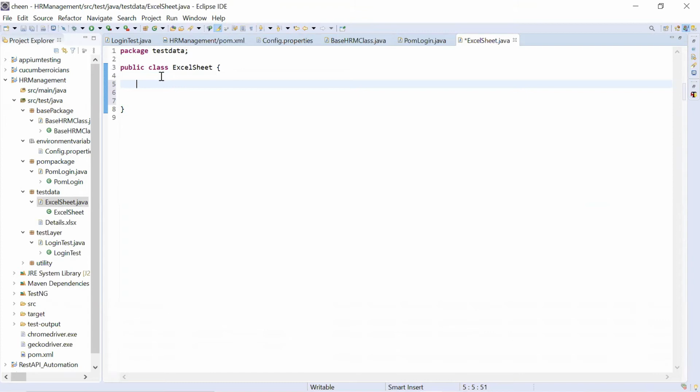So in this case, we will be creating object array because data which I'm going to fetch might be of different data types. Right, so I'm going to create an object array. Moreover, data provider also accepts object array. So first thing I'm going to do is I'll create object array. So I'll write public static because I want my object array to be used across the classes. So static. Then I will write object square brackets. I'm just going to name it as read data. And here I'll pass reference value as string